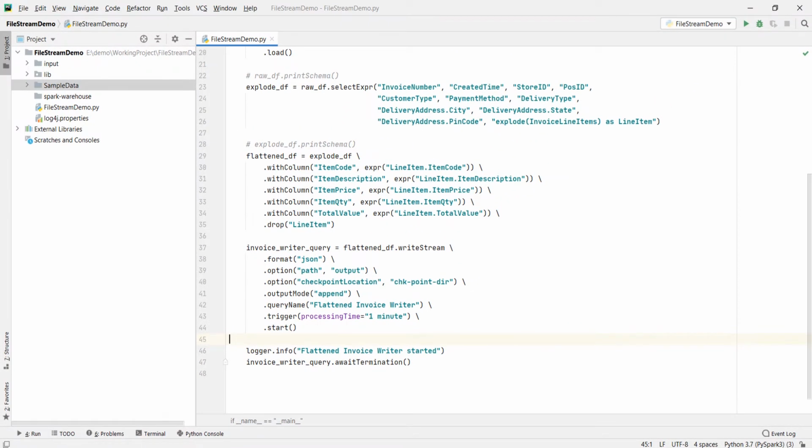However, I am stopping here and will take this further in the next video. I'll also talk a little more about the internals of file-based streaming sources. We'll learn some additional options and also talk about the sink and the output mode. And finally, we will execute this example and see it in action.